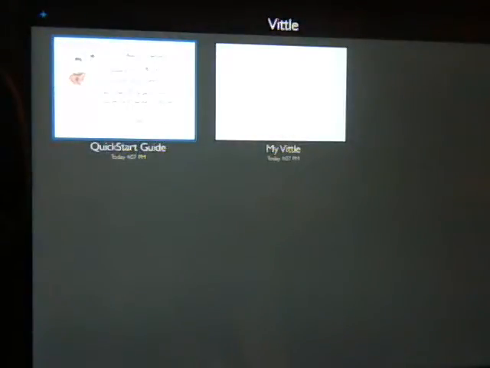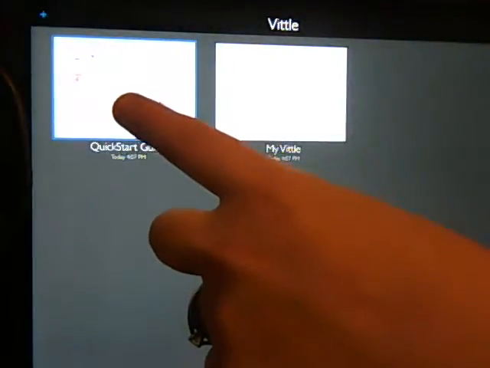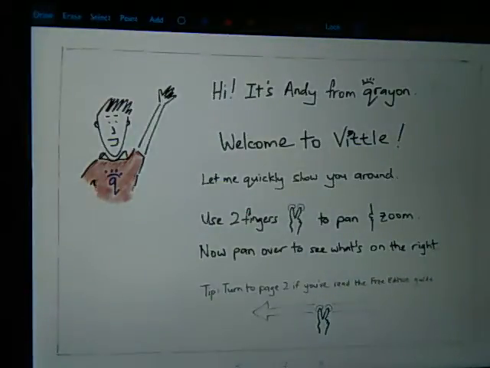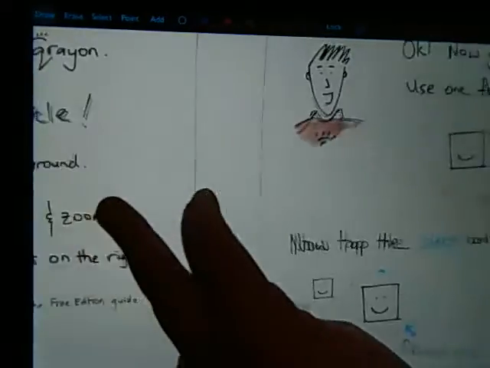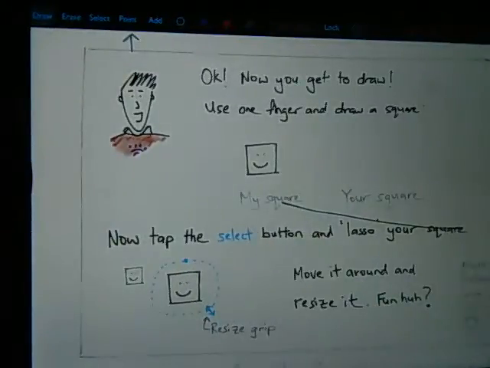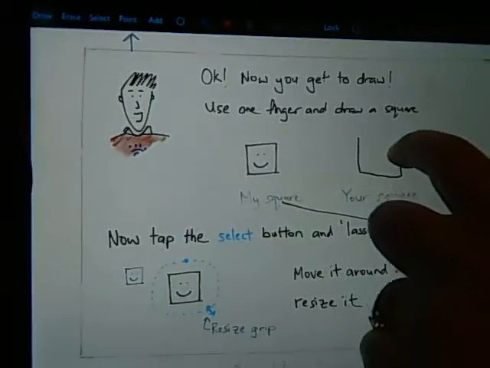Now, they have a nice quick start guide. It's a quick little tutorial. I highly recommend it. It will teach you how to use the app. He just kind of walks you through it and says you can use 2 fingers at a time to scroll, and that's something that you can do when you're making a video too. It talks about how you can use 1 finger to draw,